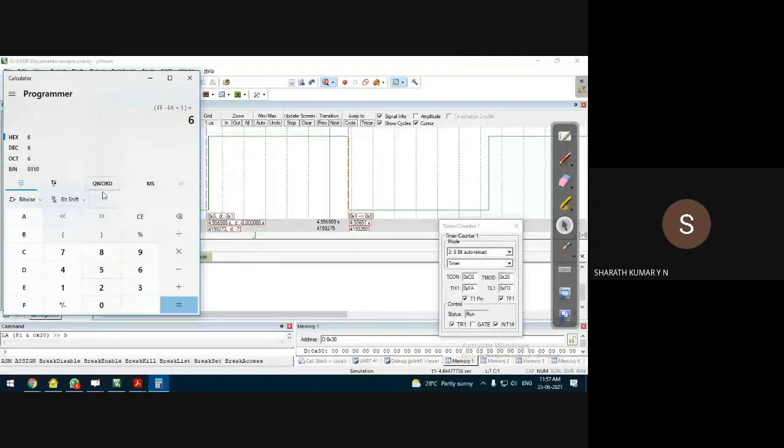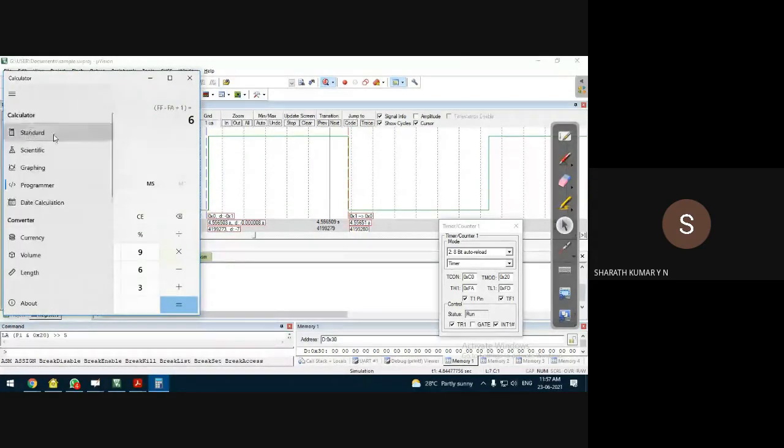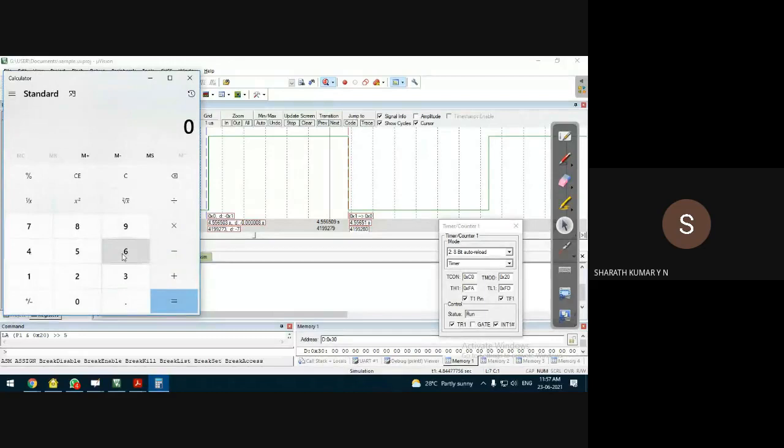In terms of microseconds, go to the standard calculator. It is 6 into 1.085 microseconds, into 10 power 1. I think it's not possible here. Let me check it in my calculator. In this calculator, it is not possible. Just a second.